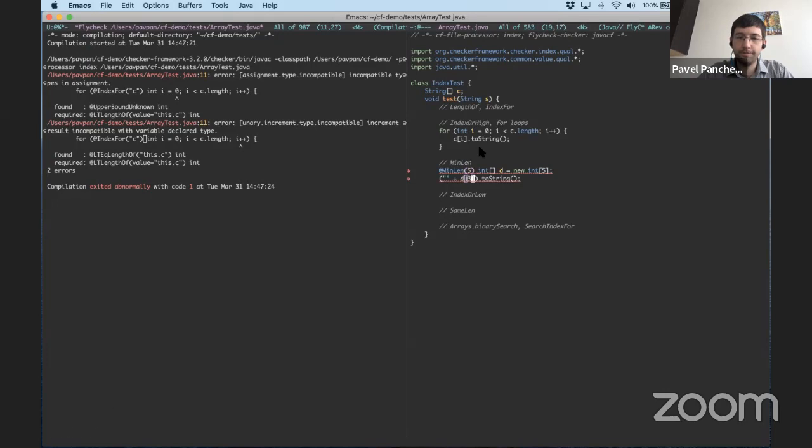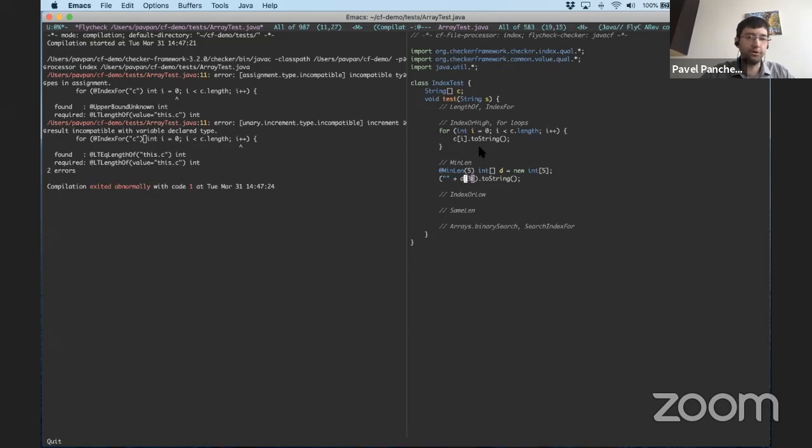Here I've stated that D is an array of length at least 5. The checker framework validates that because I've initialized it here to be an array of length exactly 5. And that allows us to learn that indexing it by 3 is valid.